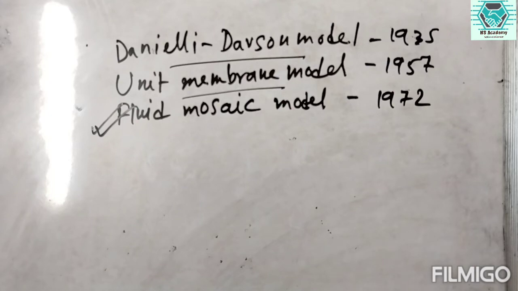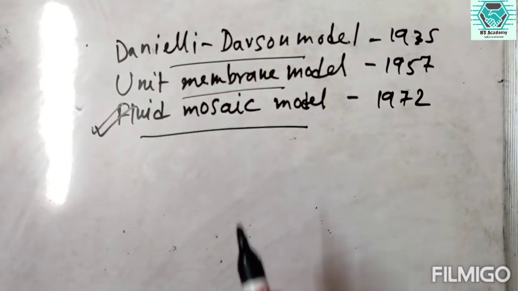So in the fluid mosaic model, it is shown that in the lipid ocean the fluid proteins float like icebergs. And as in a mosaic, there are different kinds and different sizes of differently colored stone particles which are embedded in the cementing substance. Likewise, the lipid here acts as the cementing substance, where the proteins act as the stones,